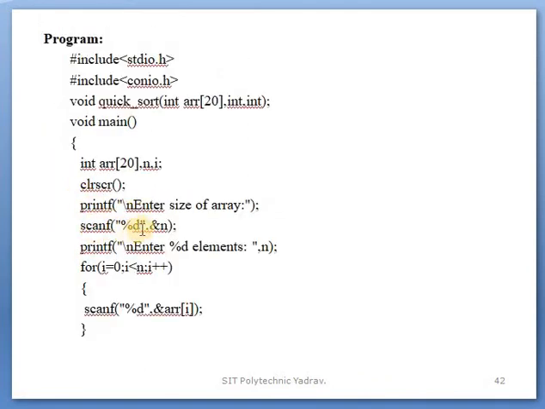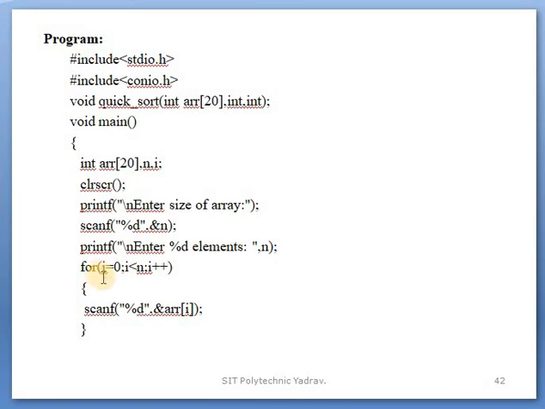Scanf takes the input variable and stores it in the n variable. Next, "enter %d elements" means the n variable; for example, if we take the number 6, then enter 6 elements. This message is only for the user's understanding when giving the inputs to the program.